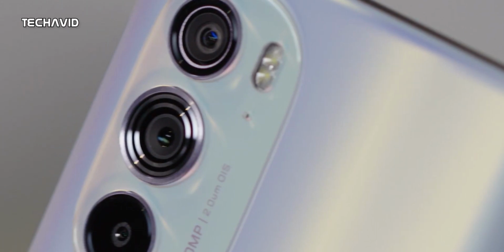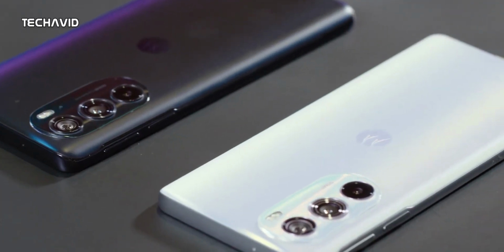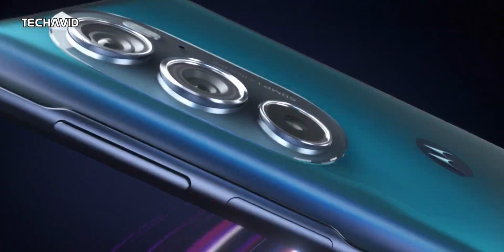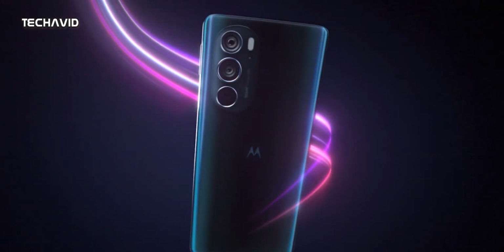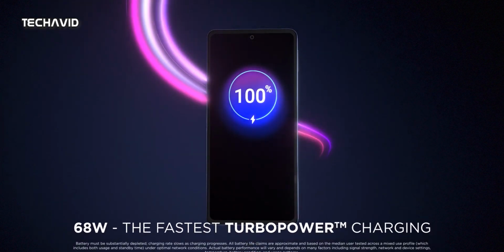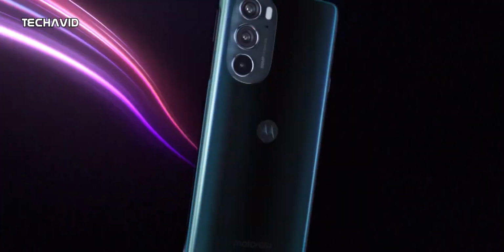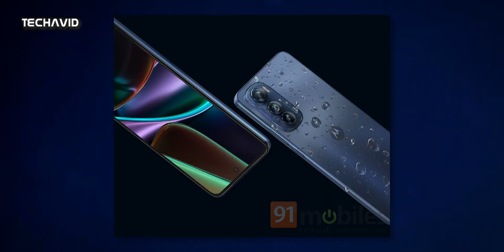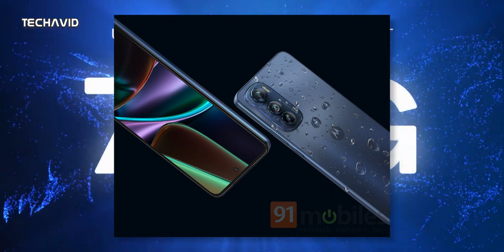The camera setup on the back is expected to retain the dual 50MP shooters and 2MP depth camera from the Edge 30 Pro. It will ship with a 4020mAh battery and a 33W wired charger. But unlike many top brands that no longer bundle charging bricks with their phones, Motorola is said to include a charger in the box. One render suggests that the device will come with an official IP rating for water resistance,